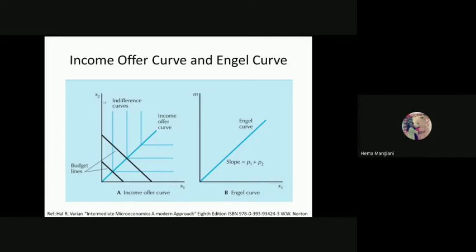You can also make it for X2. So both ways it is upward sloping, because if X1 is rising, then X2 also has to rise, because your kink is giving you this optimal choice. Fine. So both ways your Engel curve would be a positive upward sloping curve in this case. So that is the perfect complements analysis.